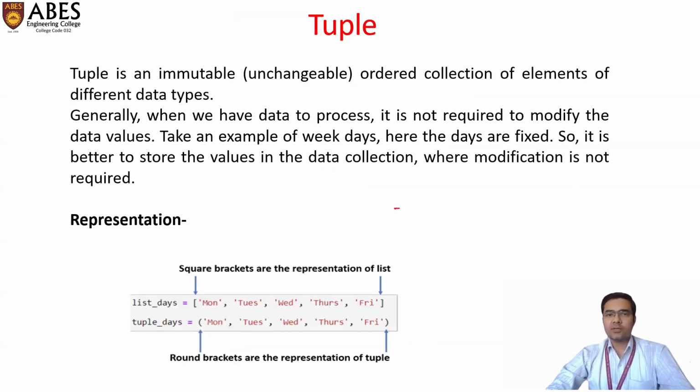Tuple is an immutable, meaning unchangeable, ordered collection of elements of different data types. This is the important property of tuples: they are immutable. Means if you declare elements in a tuple, then you cannot update those elements. So in such scenarios where we don't need to update any elements, we declare